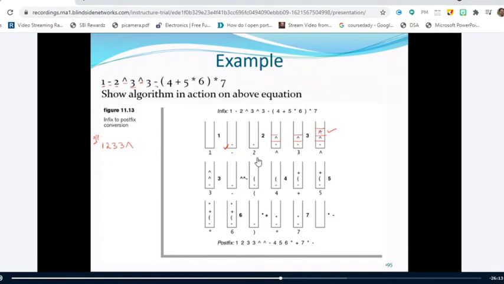Again, compare this minus with cap. Since cap is having the highest priority, it won't allow minus to sit over it. So you have to perform a pop operation and place it in the output, and then again you have to compare minus with minus. Both of them are having equal priority, but they are left associative. So what you have to do?